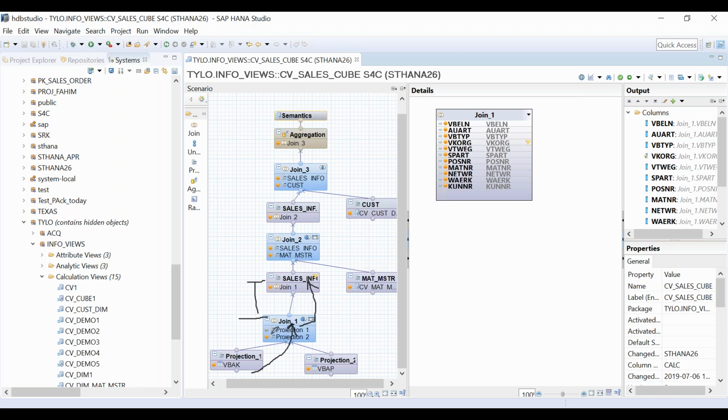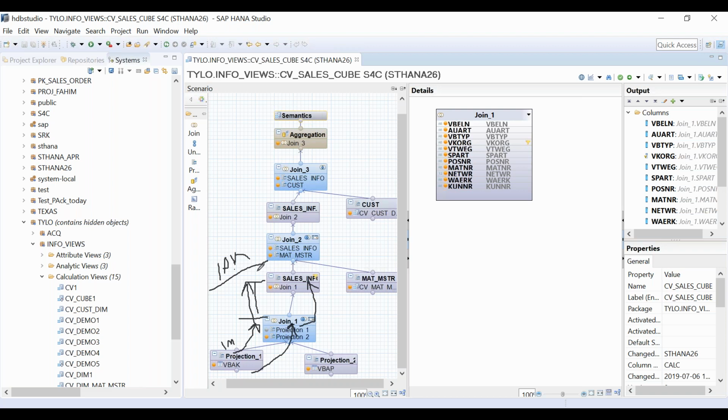For example, you have 1 million rows here, so 1 million rows will unnecessarily be going here, and again 1 million rows will be going here. But I'm only interested in 10,000 rows, because 10,000 rows belong only to my Z900 or any other sales organization. So instead of 10K, I am supplying 1 million rows unnecessarily in the first two nodes.